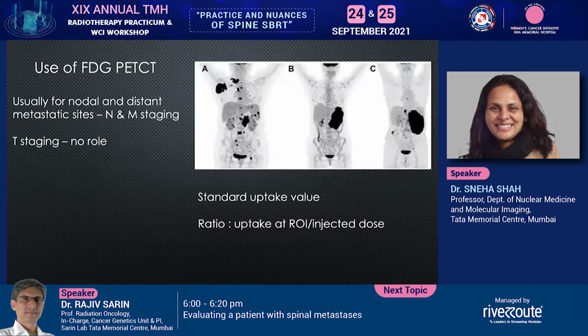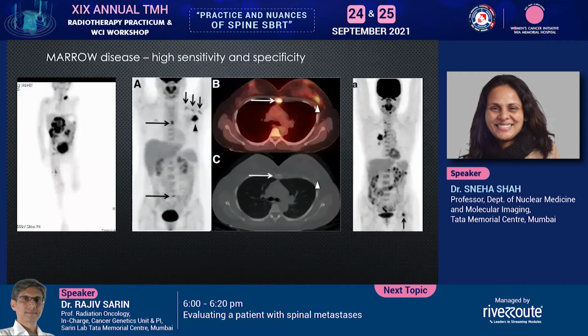In terms of evaluating the bone, FDG is a very sensitive and specific modality because it not only picks up the cortical lesions, but also picks up early skeletal lesions in the form of marrow, where you have not even had significant marrow density changes taking place to be identified on a CT scan. As you can see in this image, there is a focal uptake in the sternum in this patient. But if you look at the CT component of that sternum, there is no abnormality, no marrow replacement seen. And that is where FDG scores a higher value.